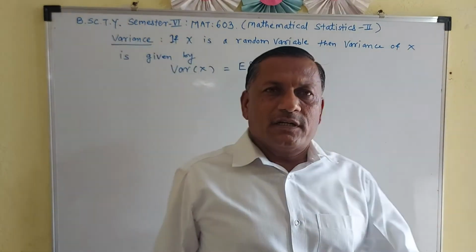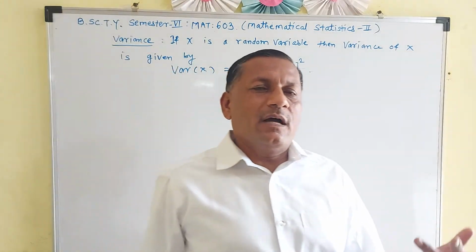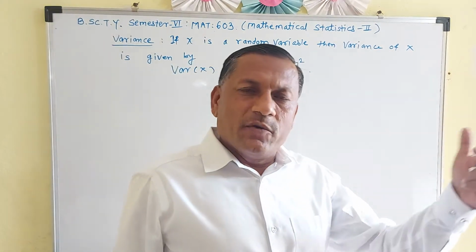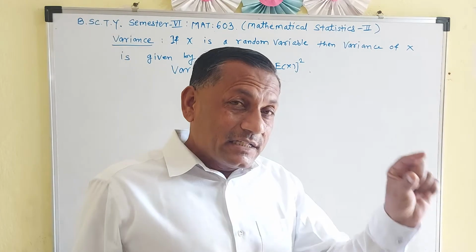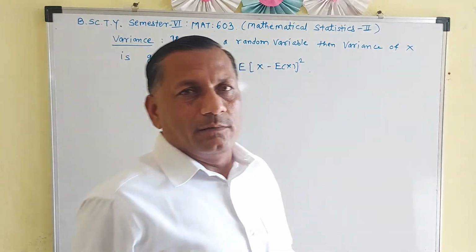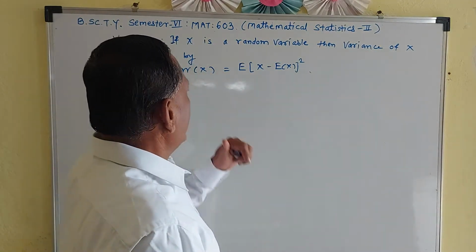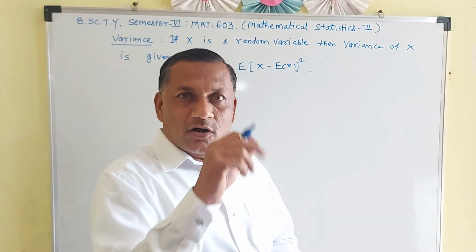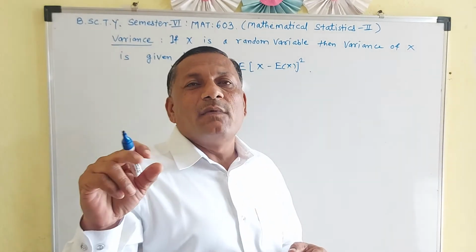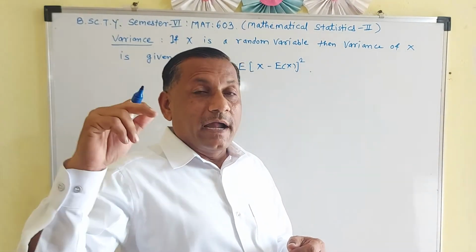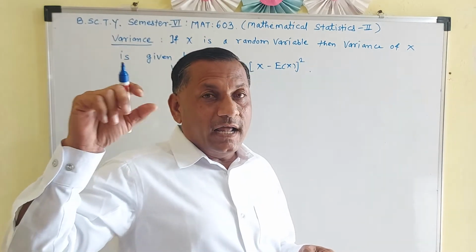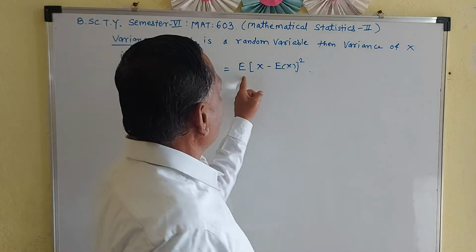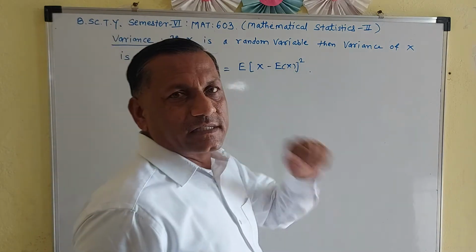Now in chapter 2, we studied the rth moment of a variable about any point and the rth moment of a variable about the mean. E of x means expectation of x. It is also known as the arithmetic mean or simply mean. In that chapter we have seen variance of x or V of x is equal to mu 2 dash minus mu 1 dash square, and mu 1 dash is the arithmetic mean, mu 1 dash is the E of x, so you remember that. So variance of x is equal to expectation of (x minus E of x) square.